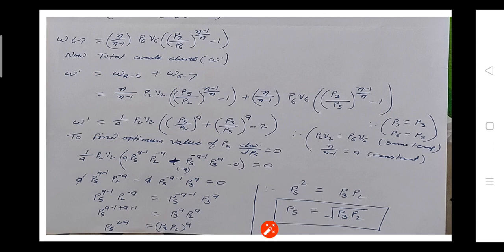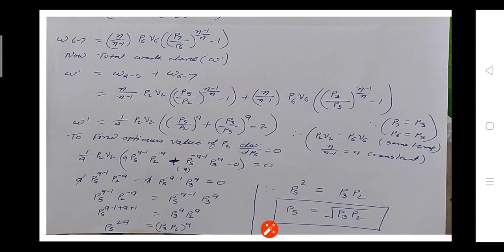Okay, this is perfect intercooling. In an actual refrigeration system this cannot happen, because here we have considered the concept of the ideal gas equation, but in a refrigeration system the refrigerants are not an ideal gas. It may be similar to or near about this value, that is the intermediate pressure P5 is nearly about the square root of P3 and P2.